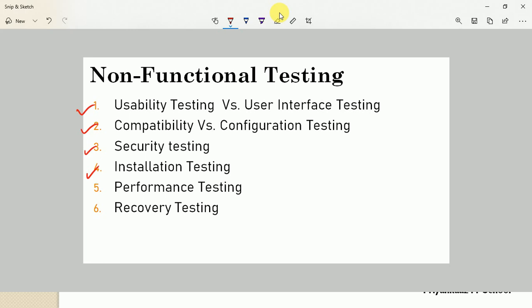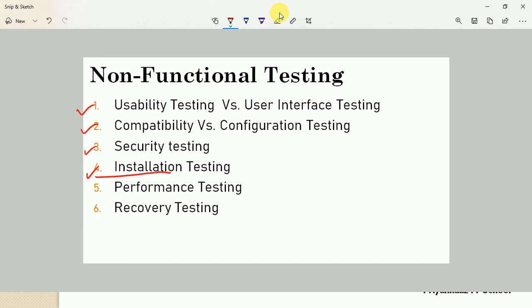So what is the tester's responsibility? The tester needs to focus on the installation process of the software application. But here is one interview question: what can we test at the time of installation testing? So yes guys, we can go for memory testing. Yes, memory space we can validate. We can check the installation process, steps and procedure, whether it is easy to understand or not. Then we can check navigation during installation. We can do negative testing as well depending on the requirement. And finally we can go for the uninstallation process also. So as per the customer requirement and the type of application, we can go for installation testing. So this point is important.